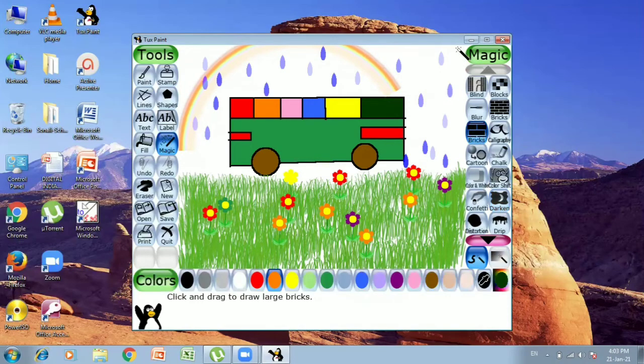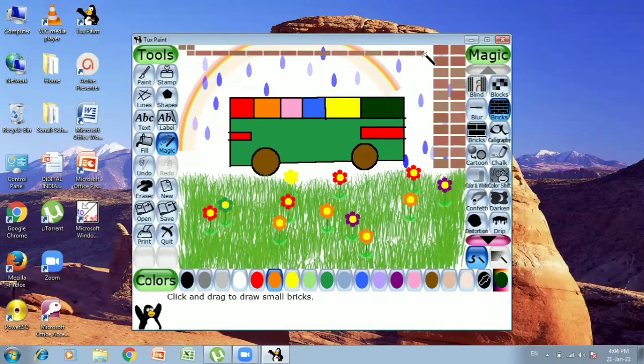If you have to make bricks somewhere, you can simply select the bricks option and click and drag over there. If you want other types of bricks, you can simply select the other one. These are the small bricks, like this.